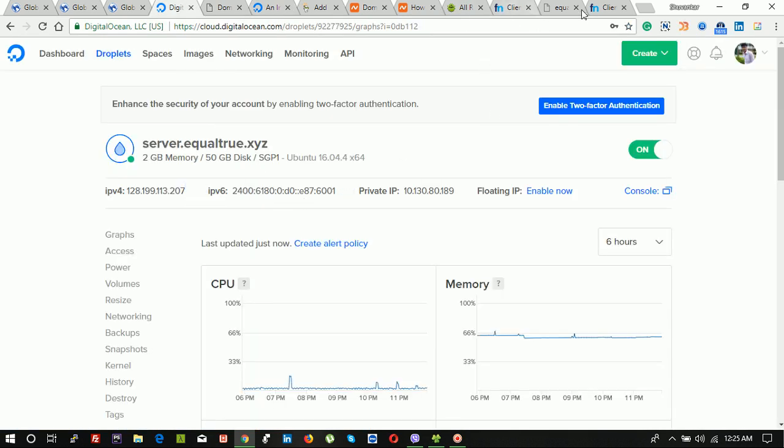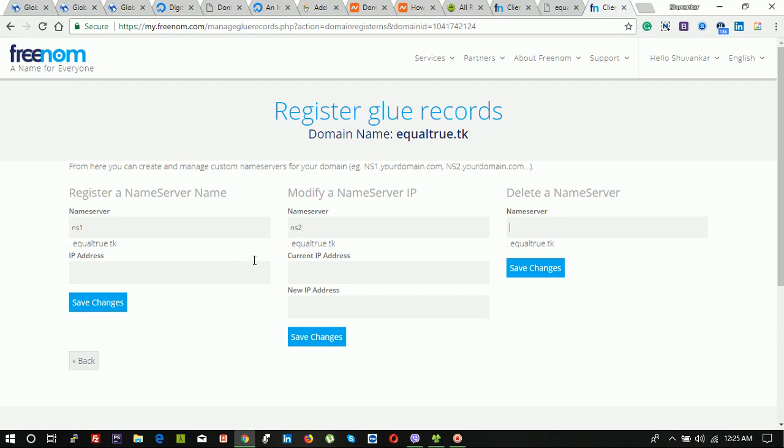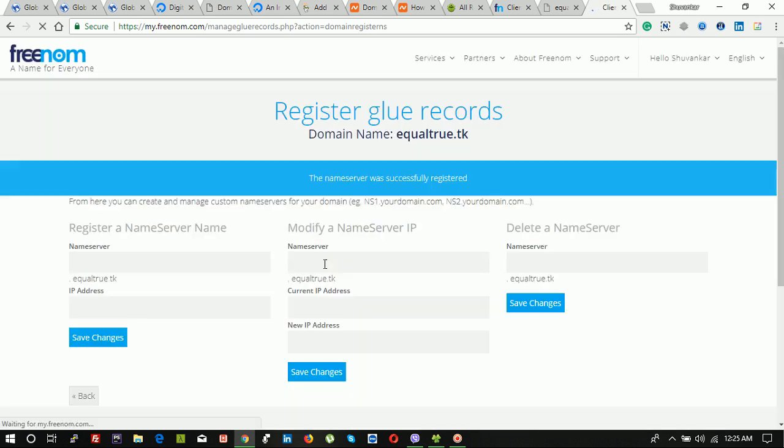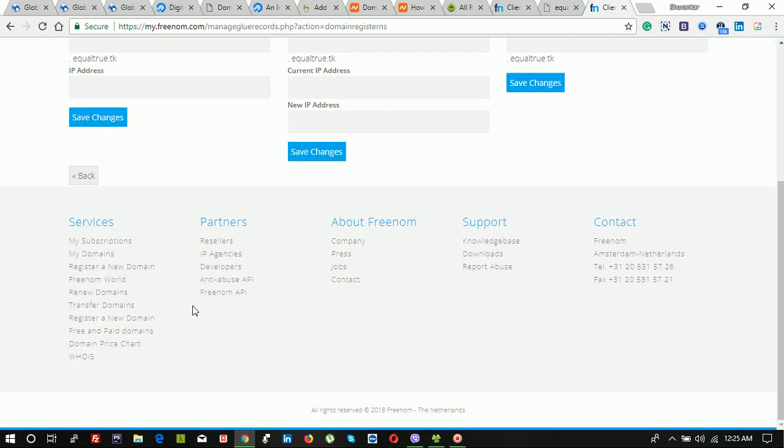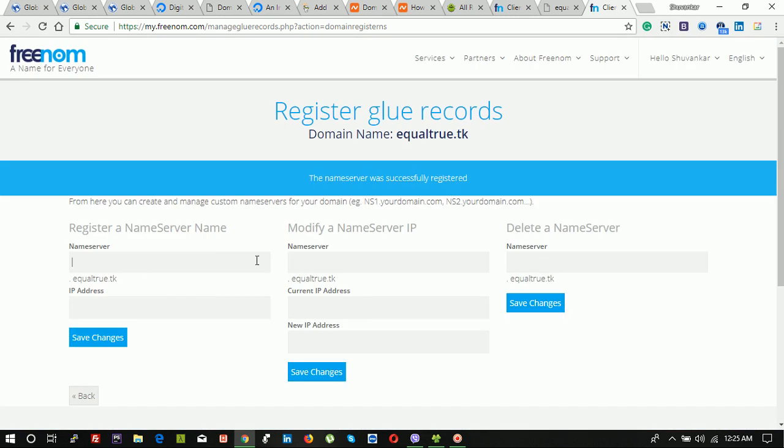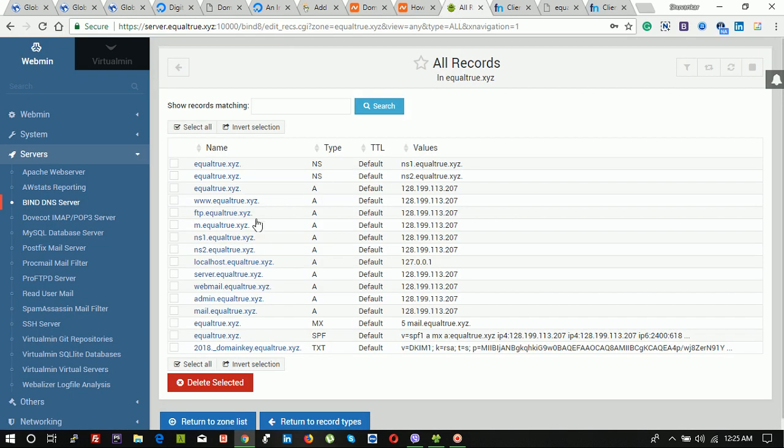For ns2, you just have to change it. So now if I add it.